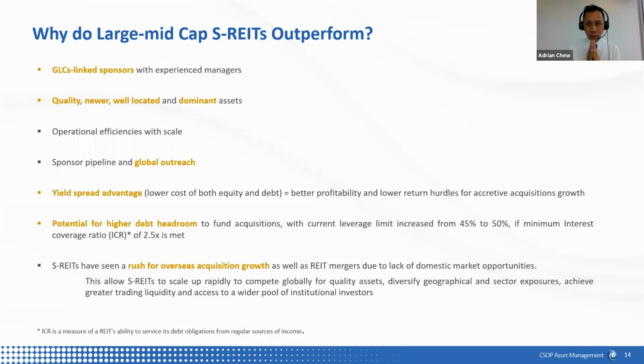In terms of yield spread advantage in the individual big REITs, it's because since you are scaled up, you're able to borrow cheaply and more efficiently, in terms of both equity and debt. And you borrow cheaply in terms of cost and get higher rental. Definitely you have better profitability for these